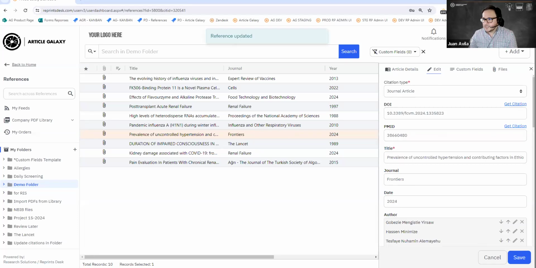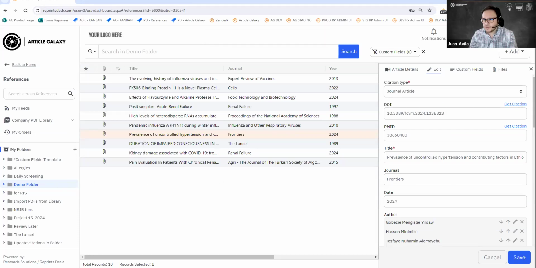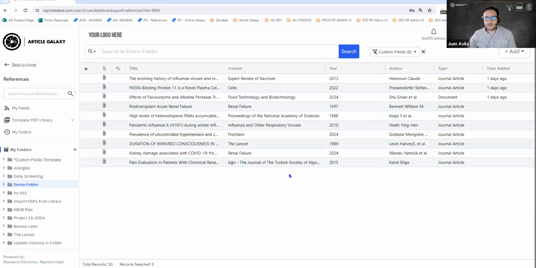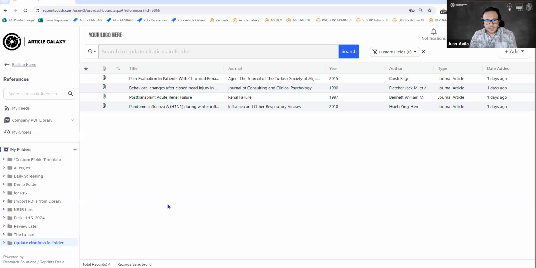So basically, this new functionality that I want to demo in just a few more seconds is this one that we call update all citations in folder. I'll show you how it really works. Well, I have prepared some use cases for this. So in this case, I prepared this